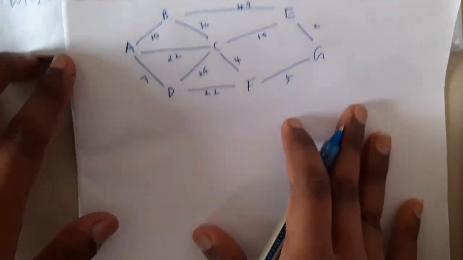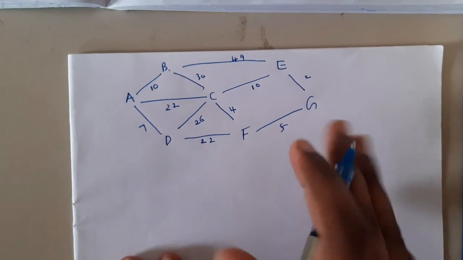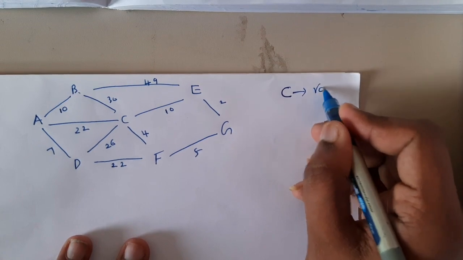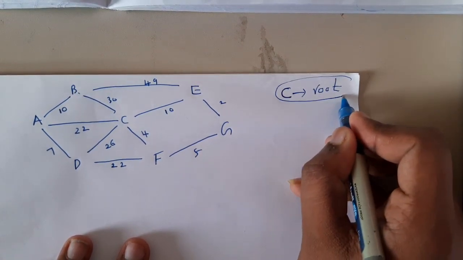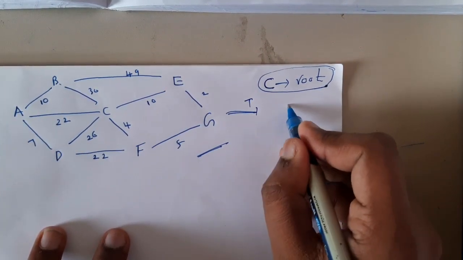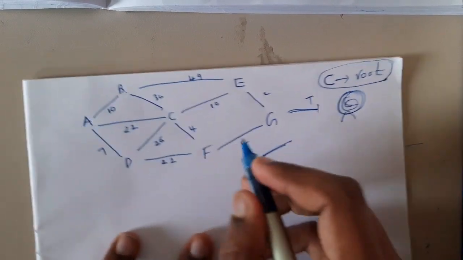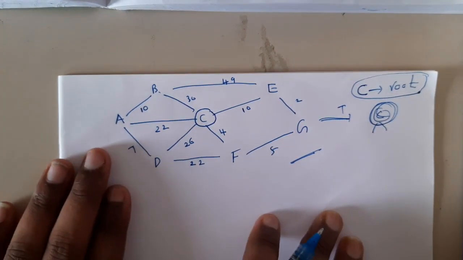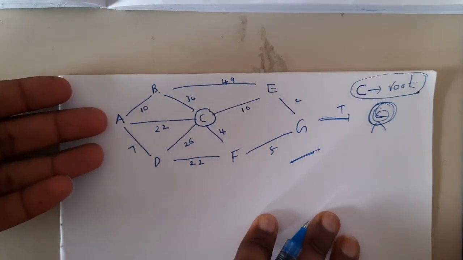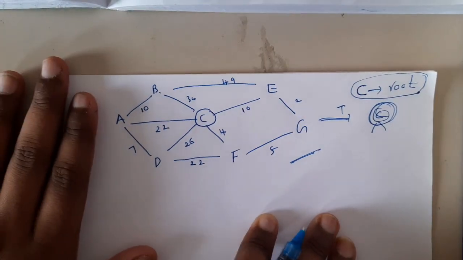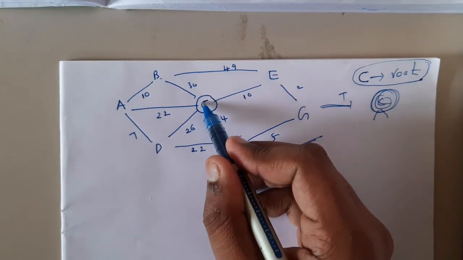The first thing is that you need to know where you want to start. Assume that in the question it is given that C is the starting point or the root. Sometimes it will say that it is the root of the tree. This is a graph, right? So it wants to convert this into a tree with C as the root. Indirectly C is the parent, so you will be starting at C. Now I'll explain the algorithm, how it works. If a question like this is given and it is asked to find the minimum cost spanning tree using Prim's algorithm, then you will initially start at C.